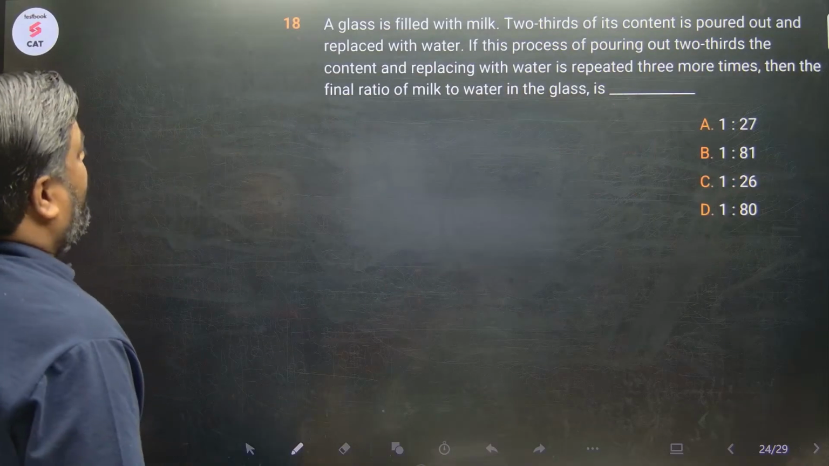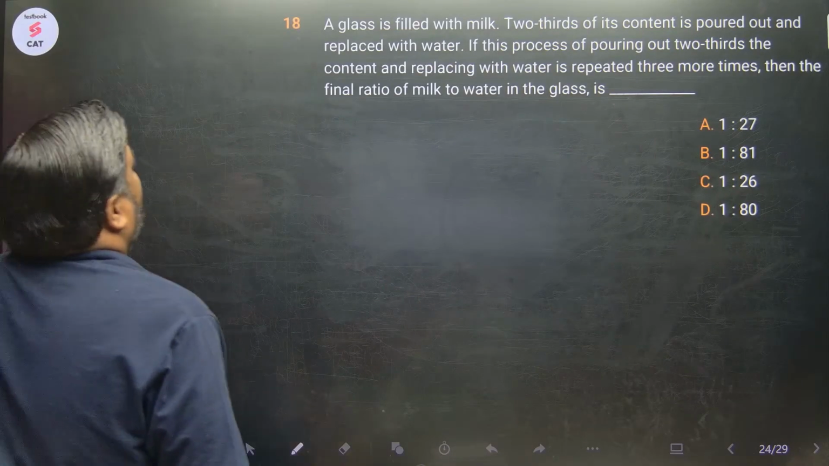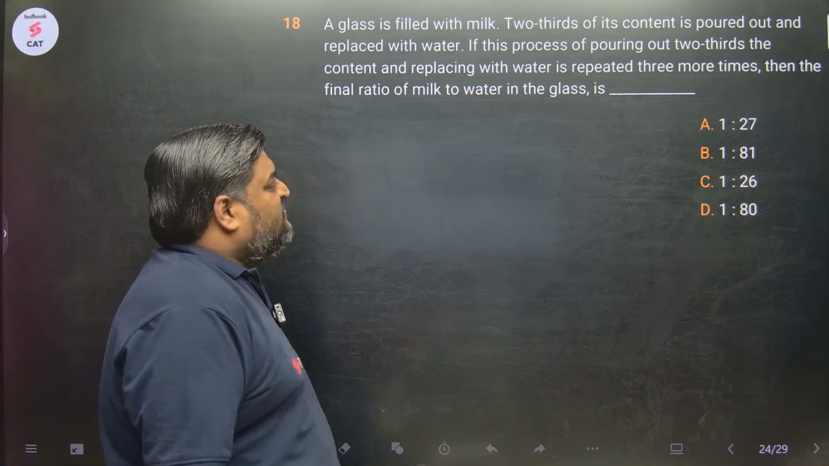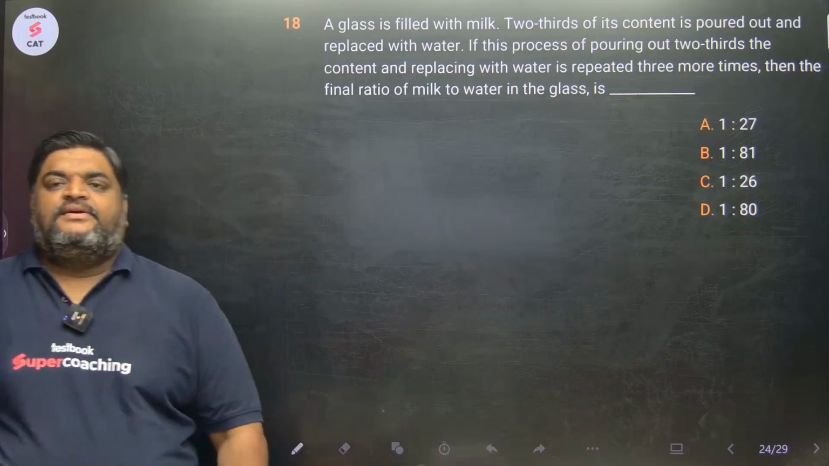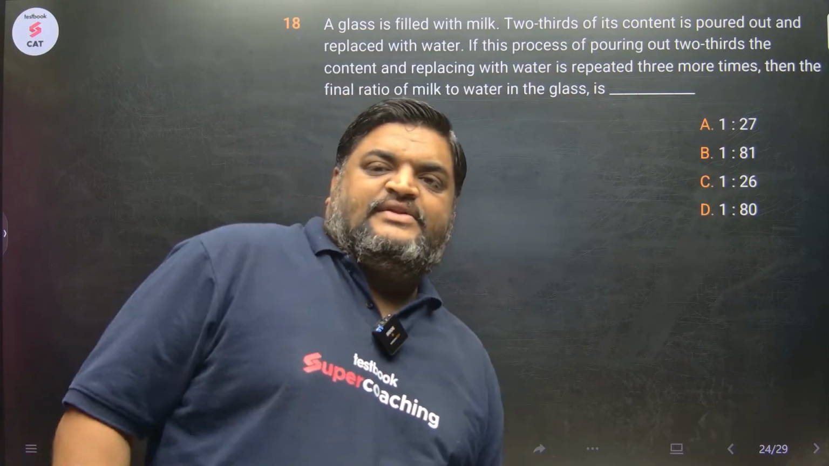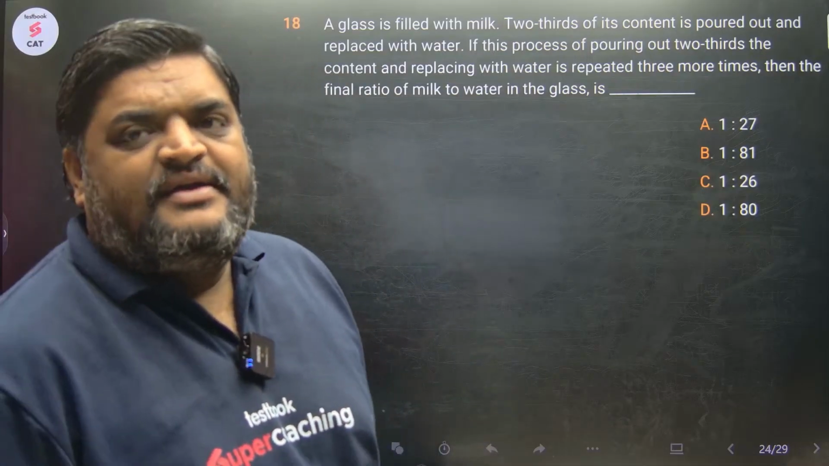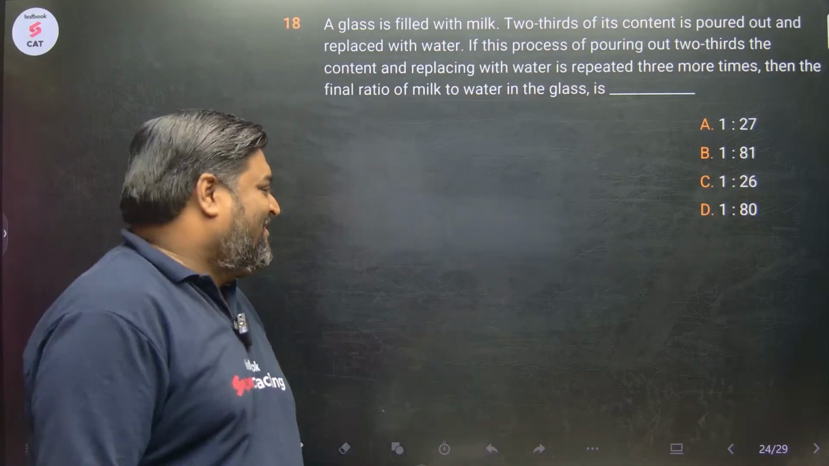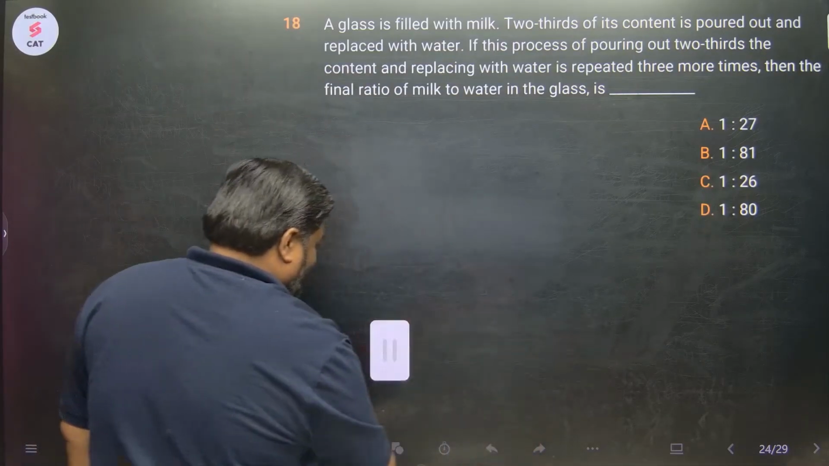Question number 18. लेट्स ट्राई दिस वन। यूट्यूब से पढ़ के थोड़ी कोई 99% एरर थोड़ी बनता है भाई। चलो आ जाओ।